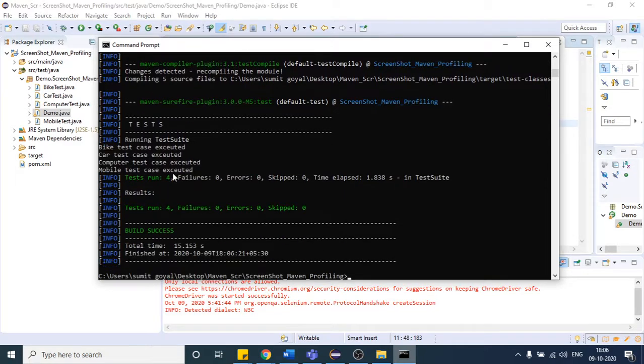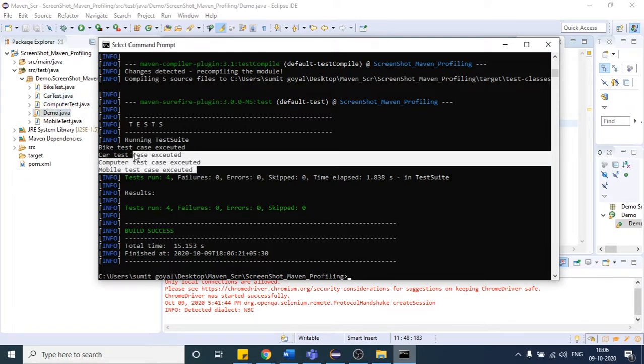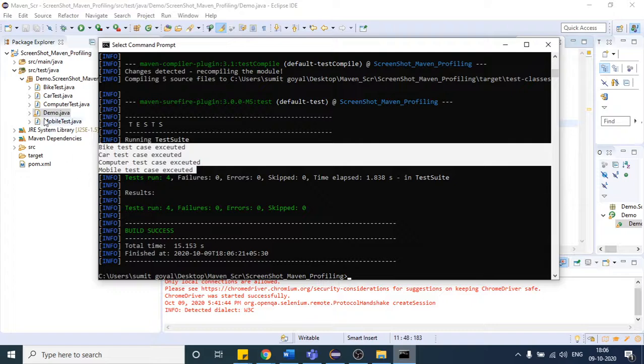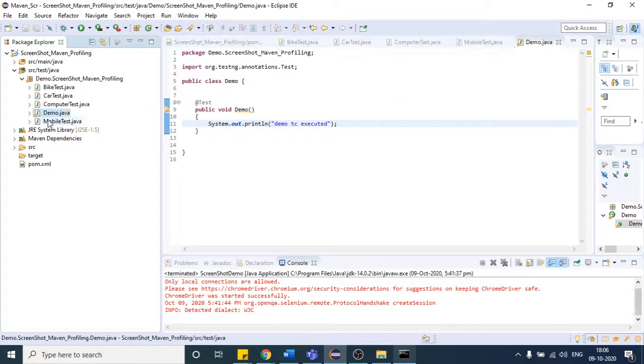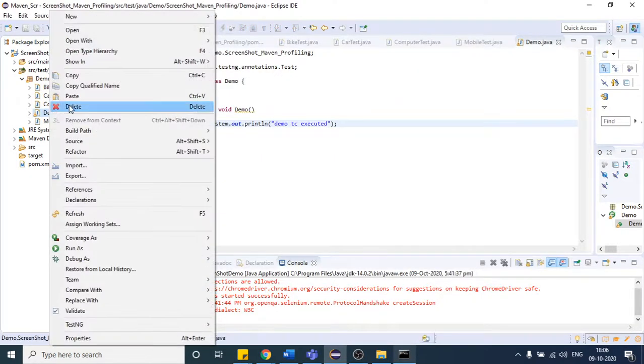You can see test run 4. But we have 5 test cases here. The demo test case is not at all executed. You can see 4 test cases executed, but this is not executed. So if I rename it, see here, if I rename this,